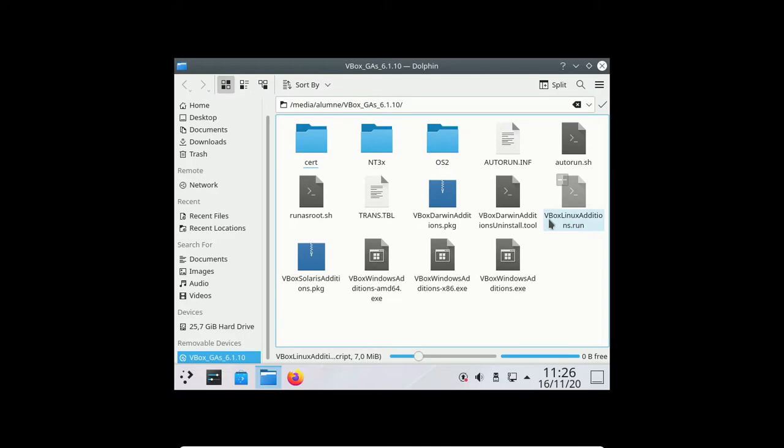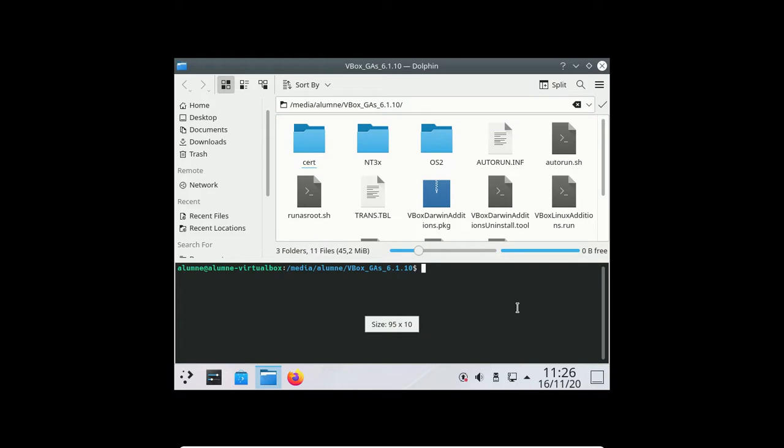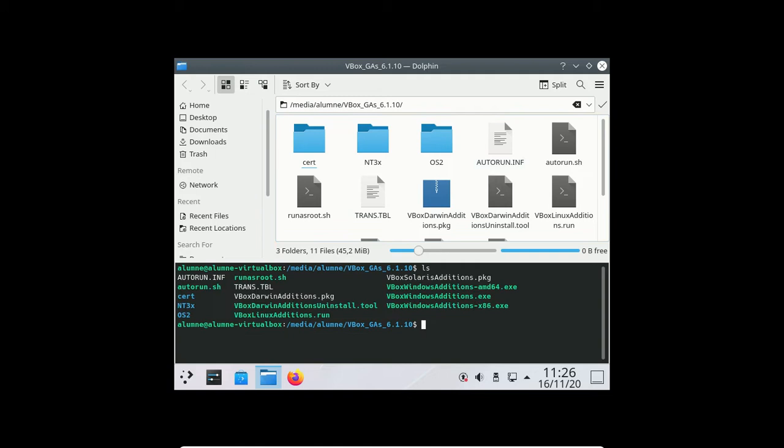We have to run this VirtualBox Linux additions.run. To execute it, we have to do the next. If we press F4, okay, F4 gives us the possibility to use a console in this folder. So if I do ls, I have here the file that I have to execute. So to execute this file, I have to do the next: